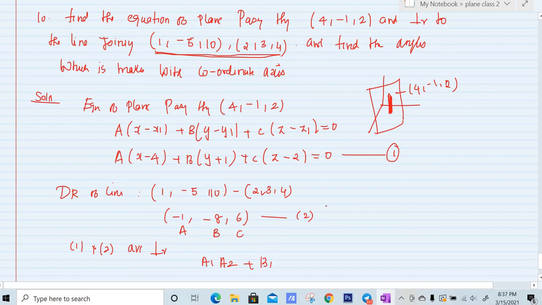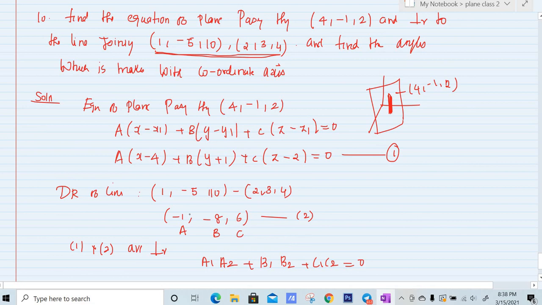A1 A2 plus B1 B2 plus C1 C2 is equal to 0, right? Now if we use this, there is no constant. We will have (x minus 4) into minus 1, b into minus 8, plus c into 6. So you will have one equation in terms of a, b, c. With this result, it is not enough to find all three